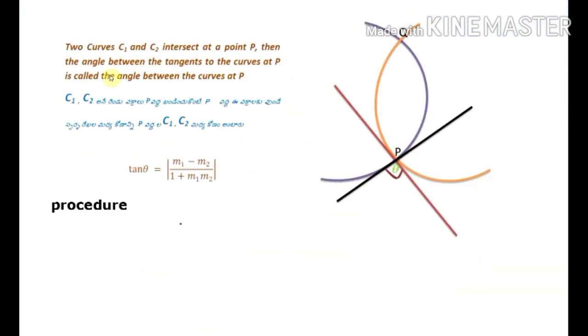Now the first question, but before that, let us discuss what m1 and m2 are. So this is the first curve. Take this as y is equal to f of x. And this is the second curve. Take this as y is equal to g of x. Let this be the point whose coordinates are x1, y1.